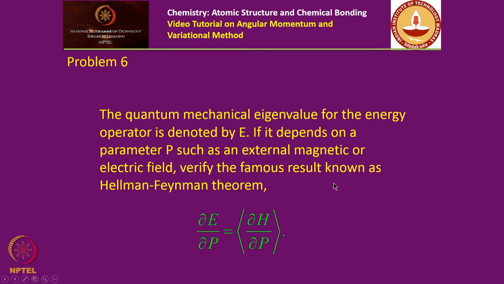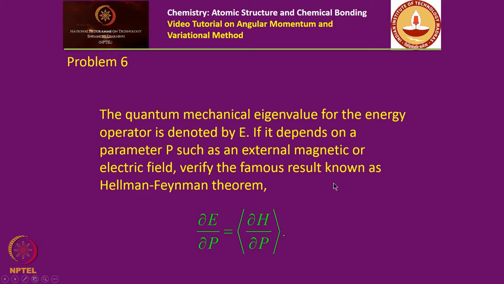The next problem is an important result in all of quantum chemistry, and it is a fairly straightforward and simple result. First given by Hellman and working with Richard Feynman, this is known as the Hellman-Feynman theorem. The problem states that the quantum mechanical eigenvalue for the energy operator is denoted by E, which is the eigenvalue for the operator H. If the eigenvalue depends on a parameter P, such as an external magnetic field or an electric field,